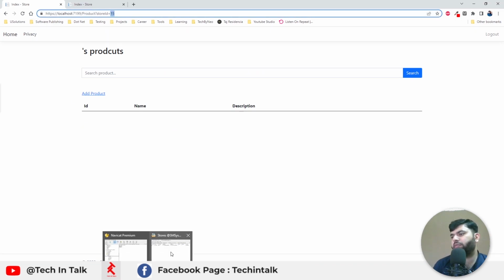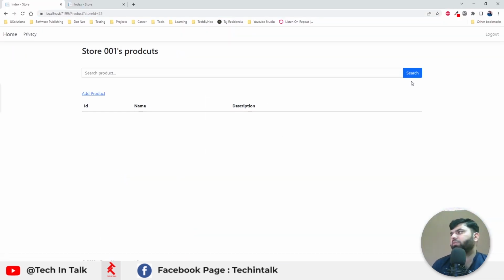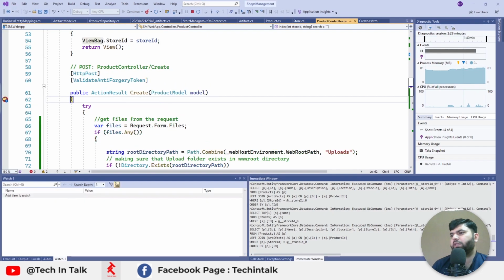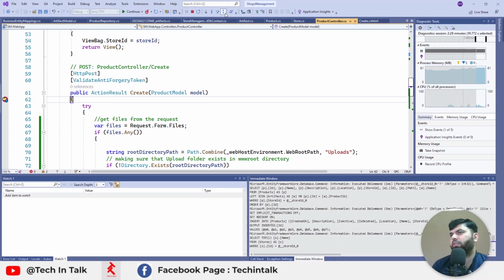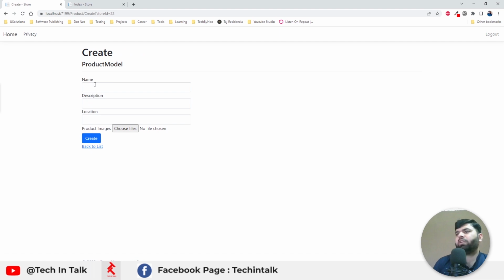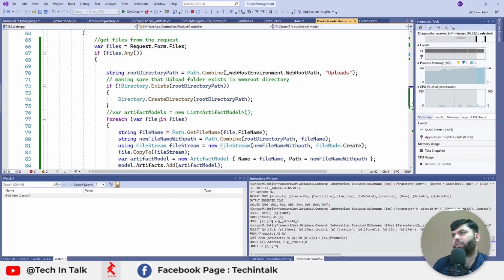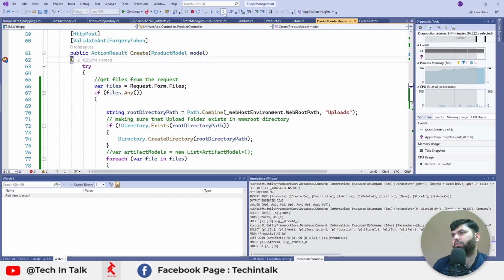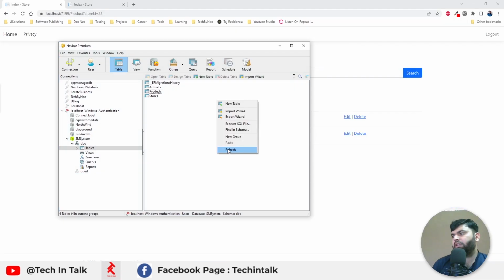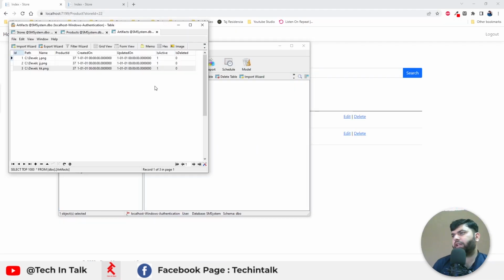And if I directly put 22, we should have that stored there as well. Let's try this way, and let's put Islamabad this time. Try to create. Okay, we have that product added. Let's try to add a product now with images. Alright, so let me quickly jump out of this one. It seems like we have those records added